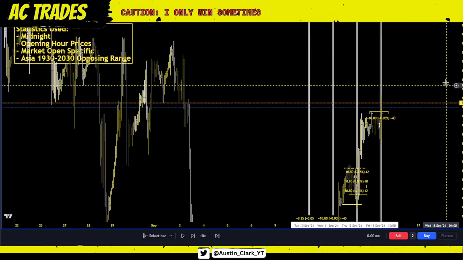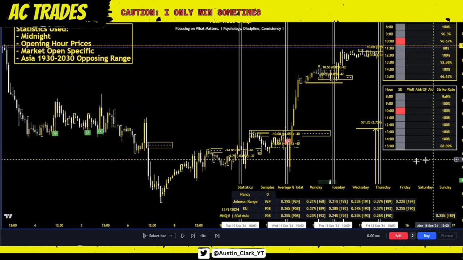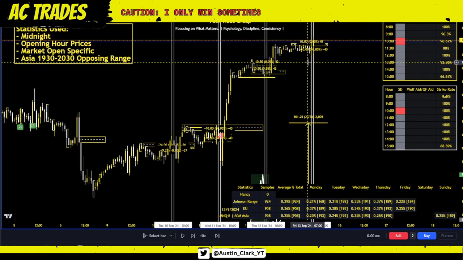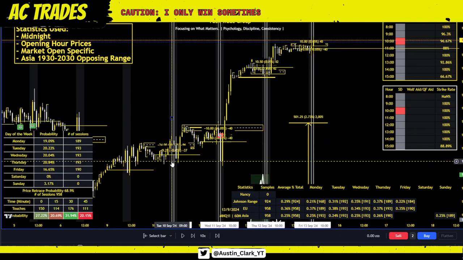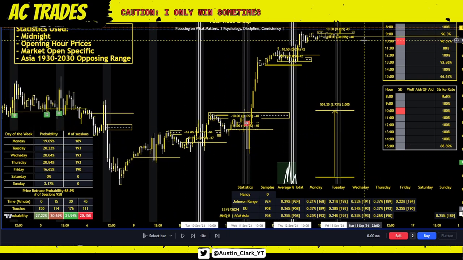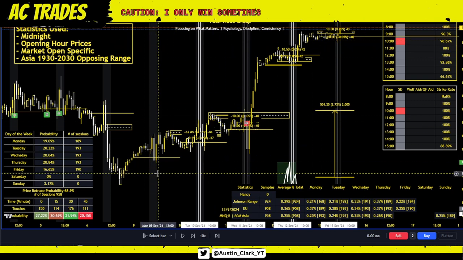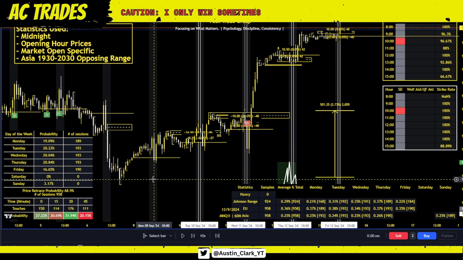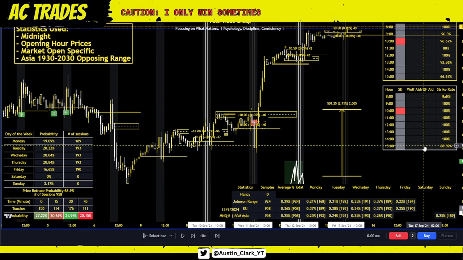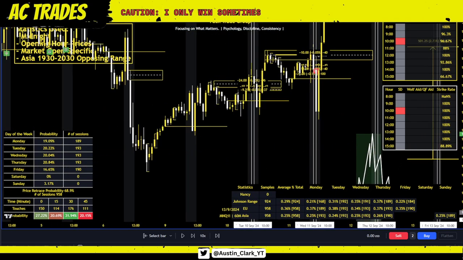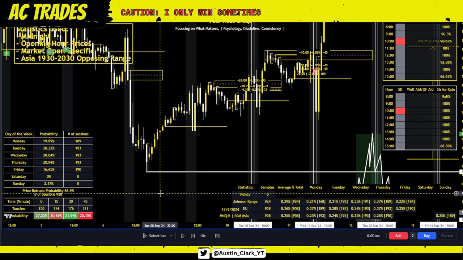And then the final statistic that I tell people, and again, this has nothing to do with me trading, does not influence my trades at all, and that's the weekly profile. We see if we are in line to have a statistical bullish week, we're going to make that weekly low on a Monday or Tuesday. If you take a look at this past week, Monday, September 9th, we technically made the weekly low on a Sunday, which is out of statistic. And so we made the low here on a Sunday.